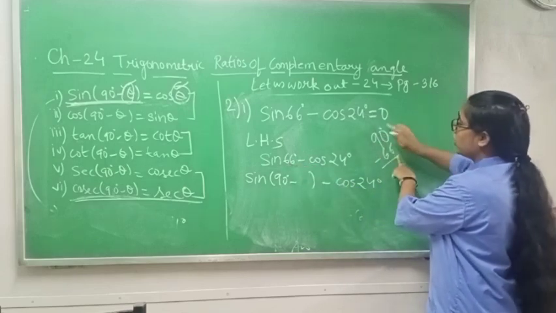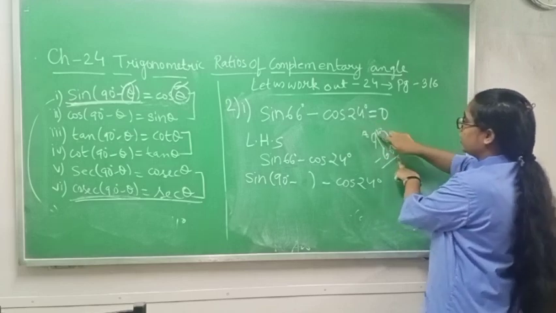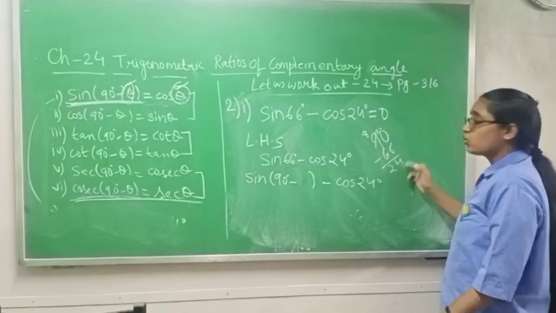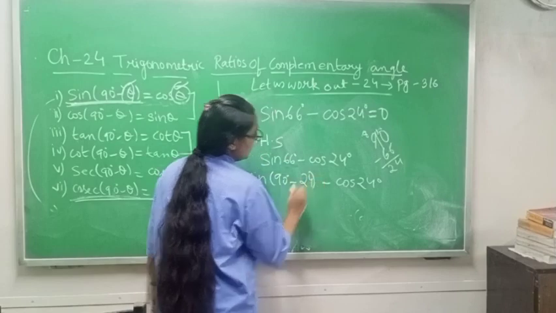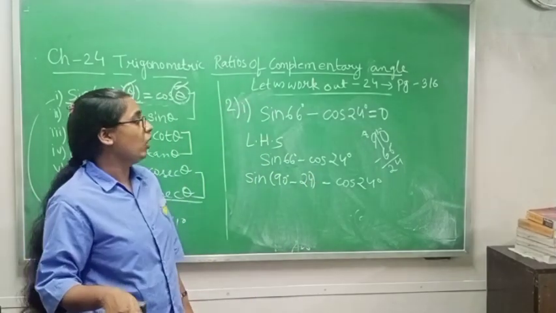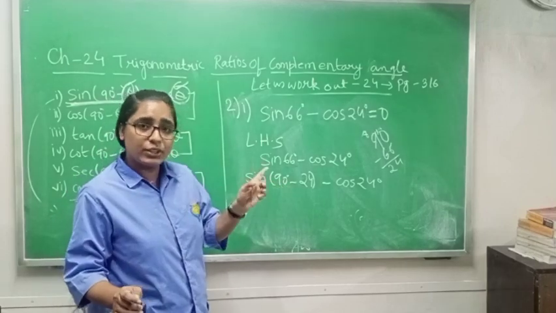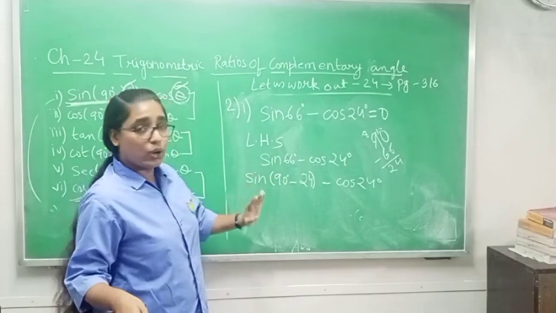How much do you get? 0 minus 10 is not possible. You have to borrow one, and it will become 8. 10 minus 6 is 4, 8 minus 6 is 2. So 24. In this place, what will you write? 24. Again, I am explaining how you will write it. On the right side 90°. I told you the first method in question number 1, 1 and 1, 2. Now I am telling you how to do this one.